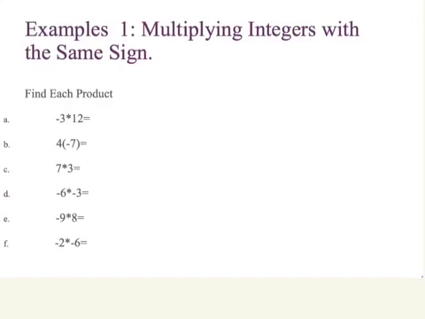We don't have any vocabulary today, so we'll start off with the first example, but please don't copy what it says here. It says I'm multiplying integers with the same sign. Let's just go with multiplying integers because as I look at these examples, few of them have the same sign. Which brings me to a really simple rule that works for multiplication of integers and